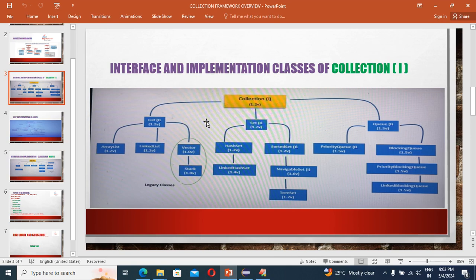Suppose we have some template with some points. With these points we can distinguish: this characteristic belongs to ArrayList, this characteristic belongs to LinkedList, and so on for Vector and the other classes and interfaces as well. Building on these characteristics, today I will pick the List interface first,